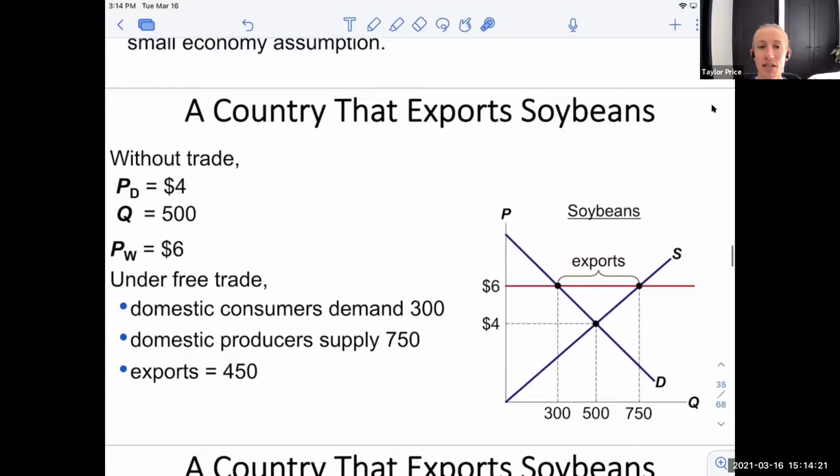So let's take a look first at a country that's exporting soybeans. In the domestic market, we can see that the equilibrium price is going to be $4, and the equilibrium quantity is going to be 500. But let's say that the world price was $6. So this is the world price. So now what happens is this country,